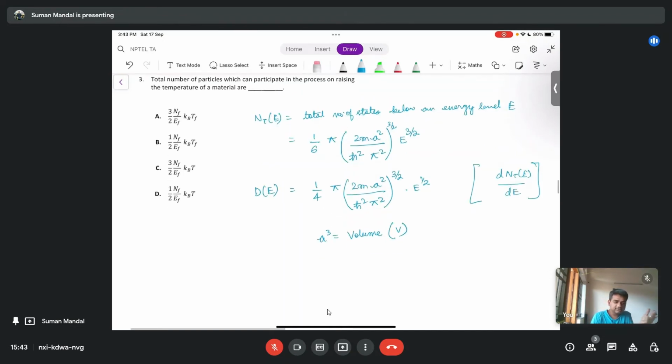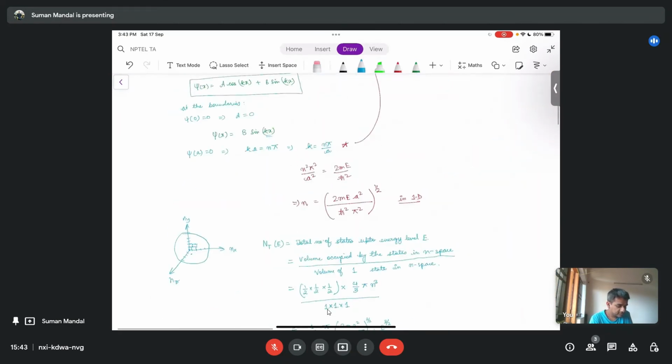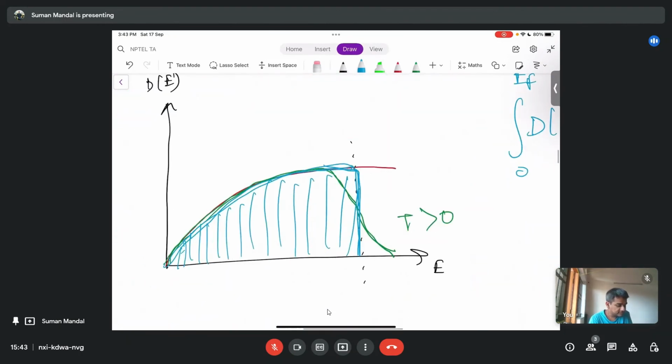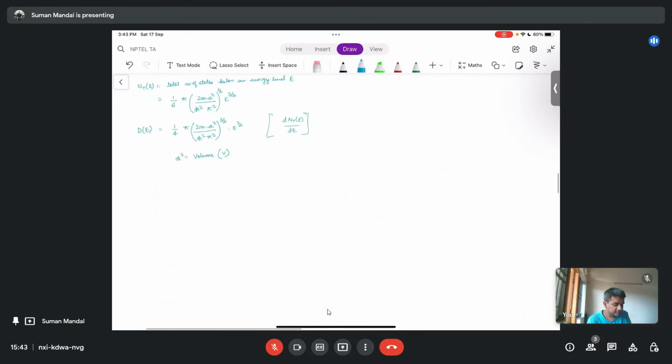So as we had discussed in this question, where is the plot? So in this blue curve, the electrons are occupied only till Fermi energy. The states are occupied only till Fermi energy because of the Fermi-Dirac distribution. So the total number of occupied states, to find that out,